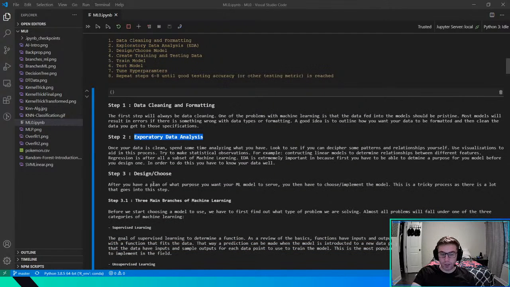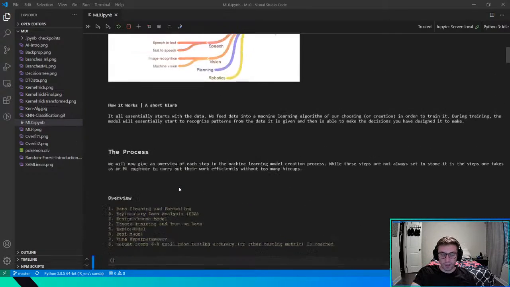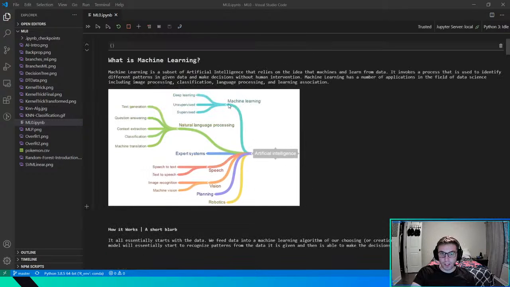The next step is to think about what type of model you want to do. So we'll go back up here. Say we're doing machine learning and we want to think about, okay, do we want to do supervised learning, unsupervised learning, or deep learning? A lot of times this can be a tricky problem, because you can approach a problem in many different ways, but most of the time there's an optimal solution.